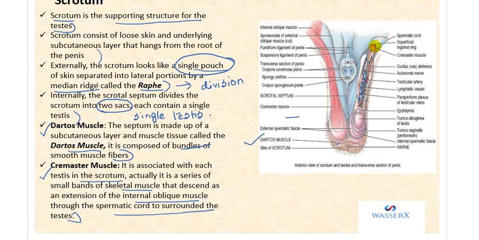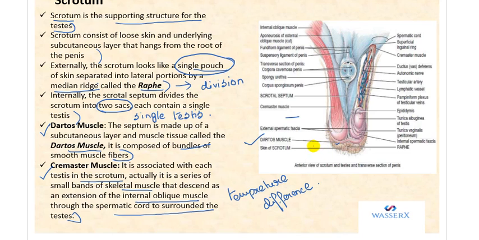The scrotum descends from the male body, right? It descends from the body containing the testis. So the testis always grows outside the body. Why this happens, we'll come across. It is because of certain temperature differences: the human body temperature and the temperature inside the scrotum are different. So, I'll write it down here: temperature difference causes the scrotal sac to descend.